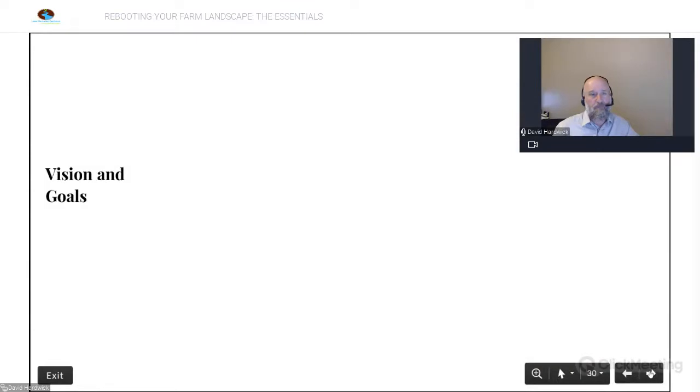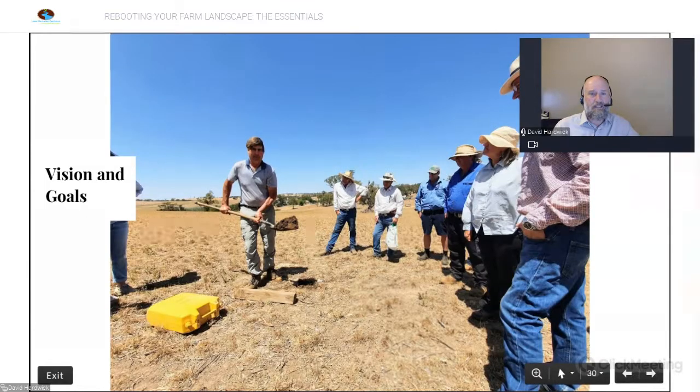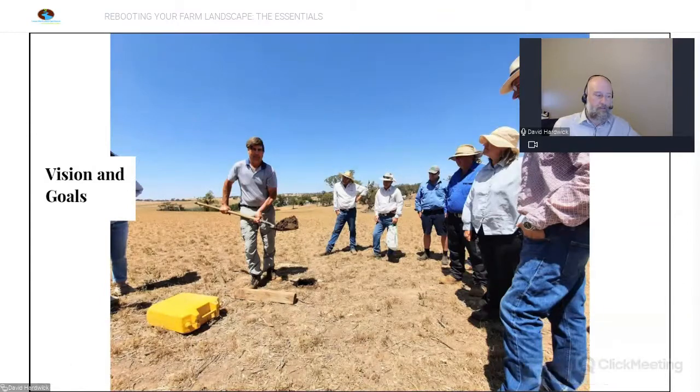The second really important thing is having a clear vision and goals of where you're headed. A lot of people think we've got to take this landscape back to where it was pre-European settlement. But basically, we live in the Anthropocene. We're doing agriculture on a lot of areas of Australia. So what we're trying to do is create new landscapes that are never going to be the same as they were pre-European